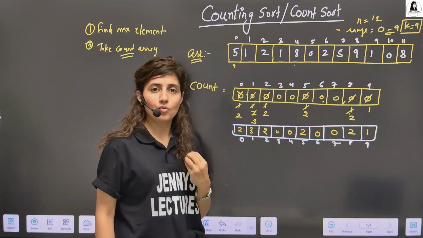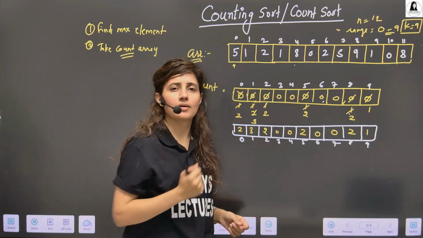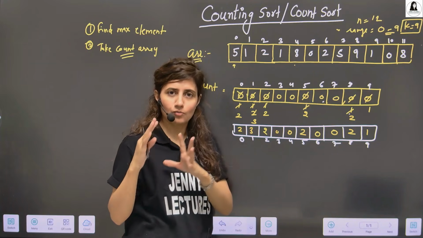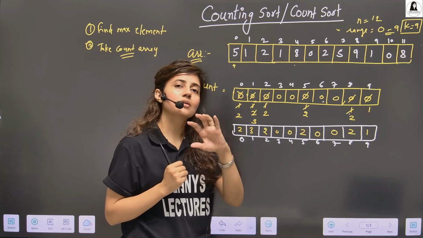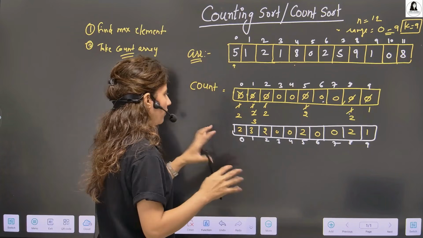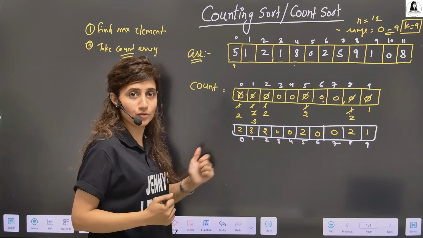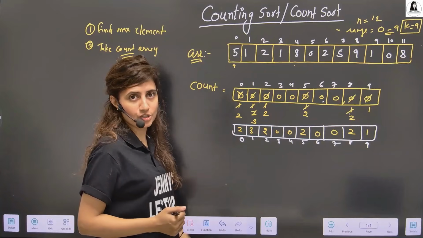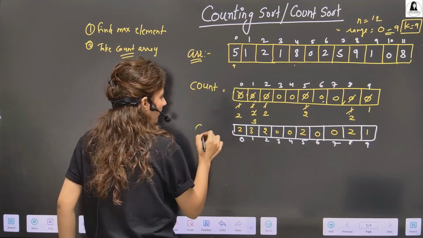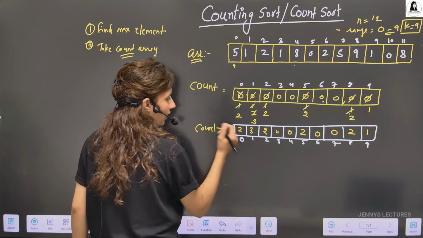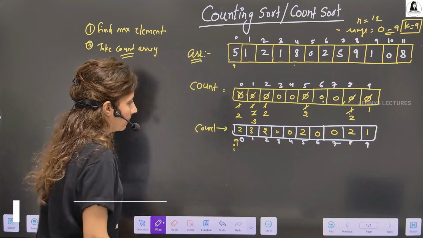So now we basically count the frequency of each unique element present in the given array, and based on that we do counting sort. This thing we are counting, that's why it is known as count sort. Now we got this. Now we update the original array because we have to sort it. How to update the original array? Now see, we start traversing this updated count array from here. Suppose I is here at first.